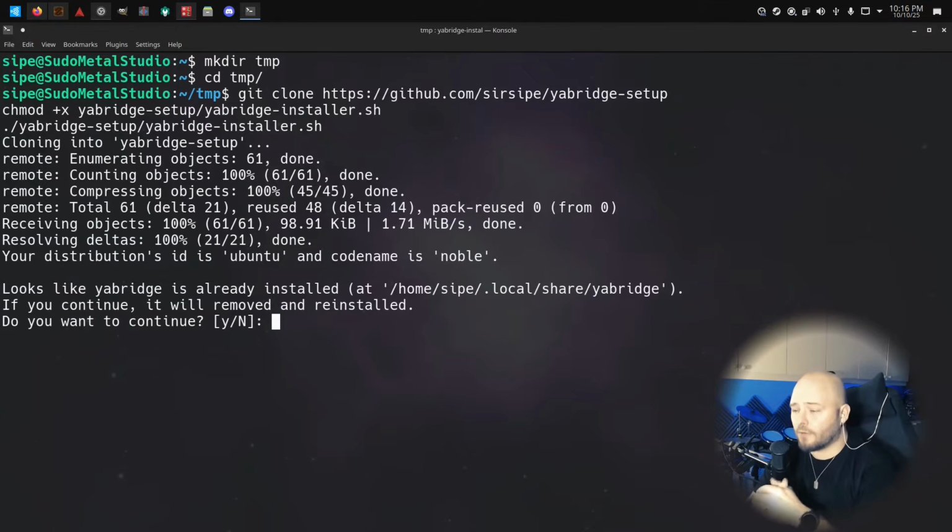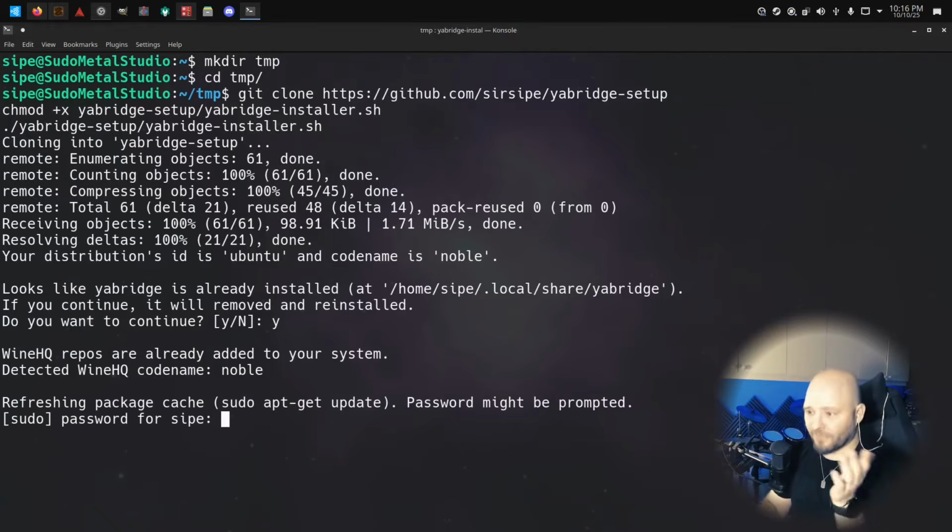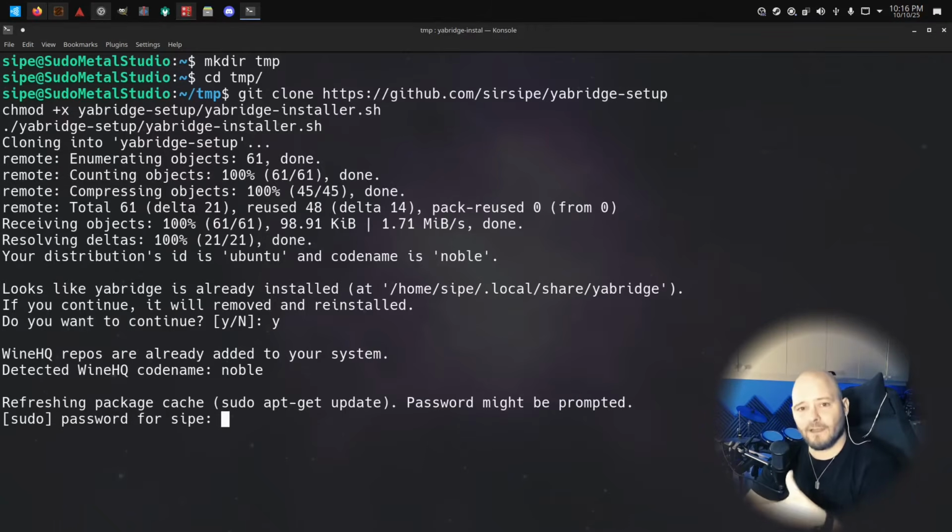Oh, looks like I already have yabridge. I didn't delete it last time when I tested it, but if you continue, it will be removed and reinstalled, so yeah, let's just continue. It wouldn't ask this if you didn't have it, but we need to reinstall it because we want to put that specific 5.1.1 version, and we also want to patch it to use the specific